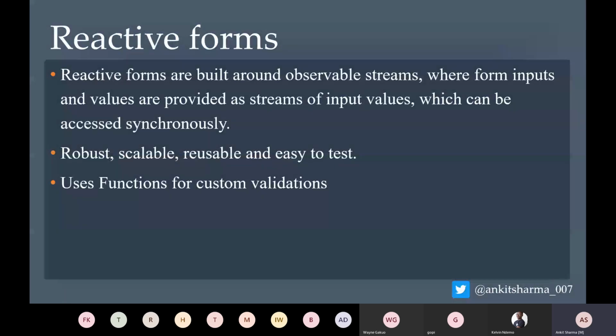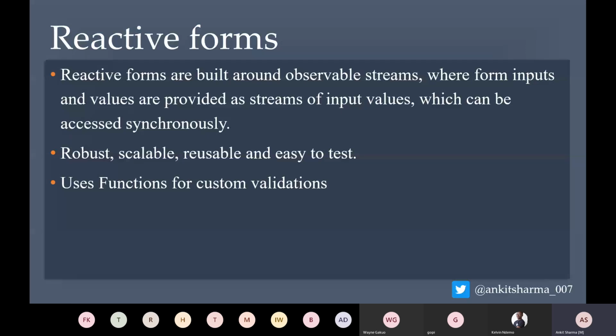But then the question comes, what is the use of template driven form? Template driven forms are used when you have a very simple, very straightforward approach, or very small forms. Say you have a very simple login form where you have two fields, username and password, and you are just checking if both are required or not. That's it. You just check username and password are both required, then send the value to the API. When the API returns true or false, based on that you do your logic on the front end. So in case of simple, small forms, go with template driven form, because it will be easy for you.